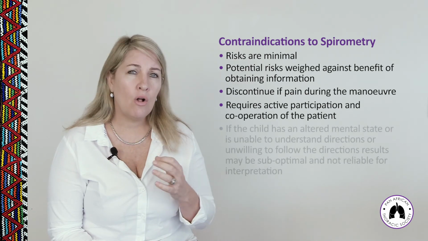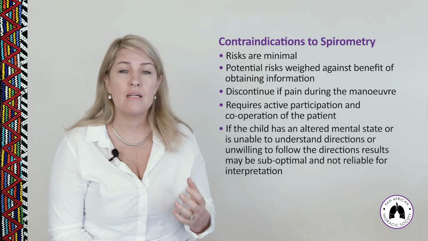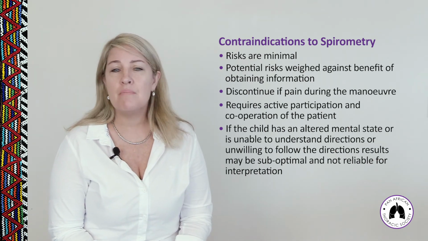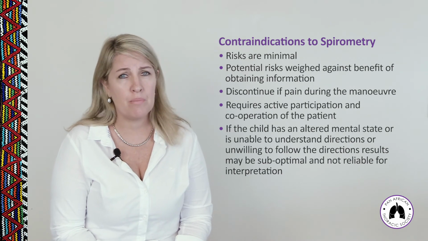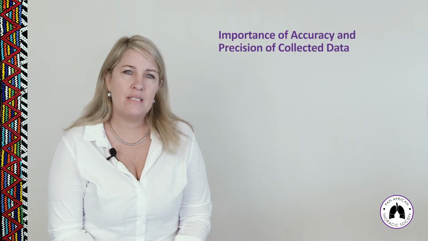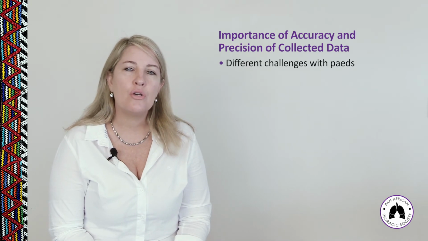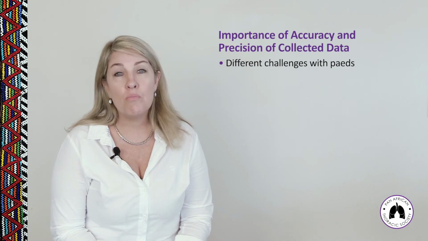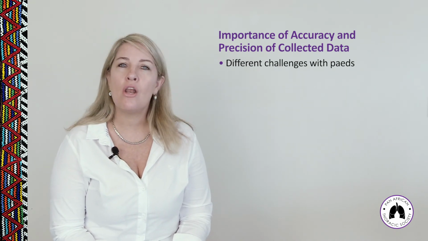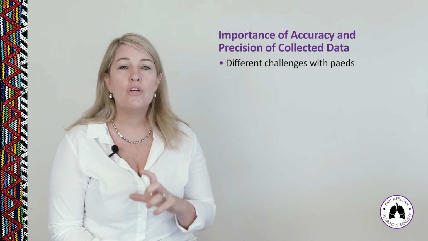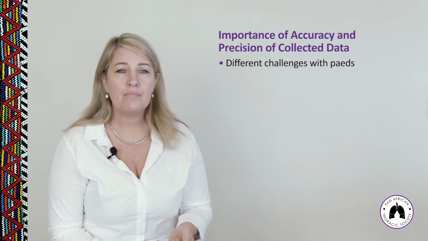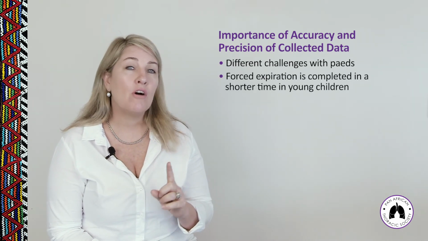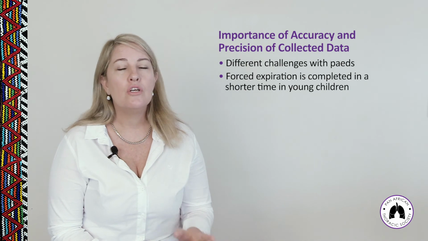If the child has an altered mental state or is unable to understand directions or unwilling to follow the directions of the operator, the results may be suboptimal and not reliable for interpretation. In the pediatric setting, there are different challenges in terms of performing good quality and reliable tests. Young children have a smaller total lung volume and a larger airway size relative to older children and adults. This means that the forced expiration is completed in a far shorter time in very young children than in older children